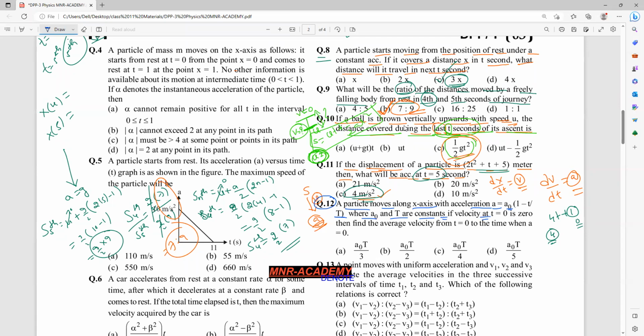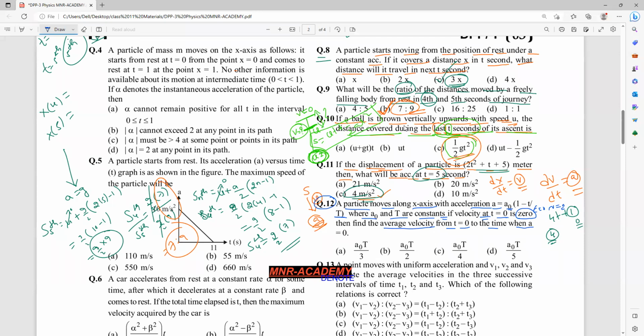If velocity at t equals 0, how much is the velocity? t is equal to 0. Velocity is also how much? Please respond. 0. Then find the average velocity from t equals 0 to the time when t